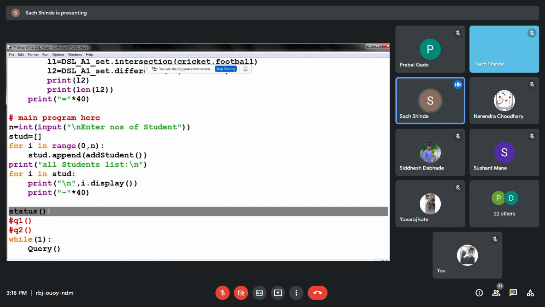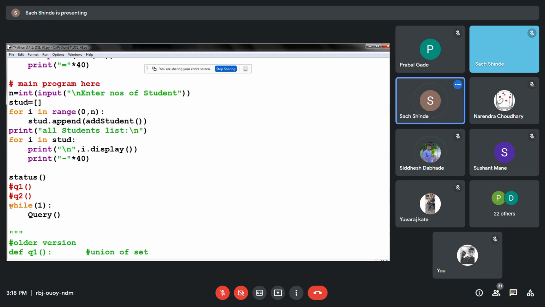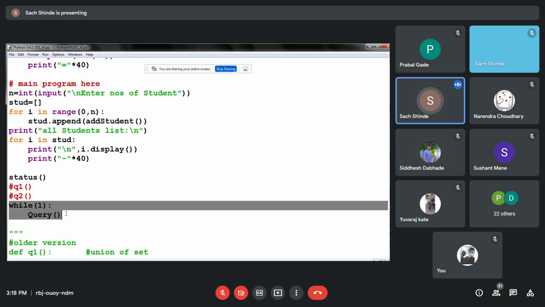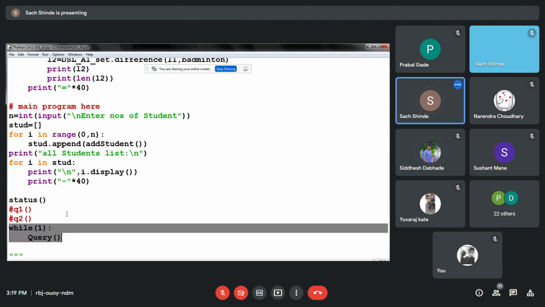So status is who is playing which game. Now the last line is an infinite loop, which allows us to query multiple times. So while 1, we will execute the query functions. Now let us run the program.